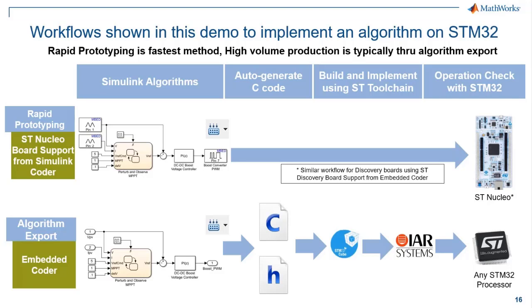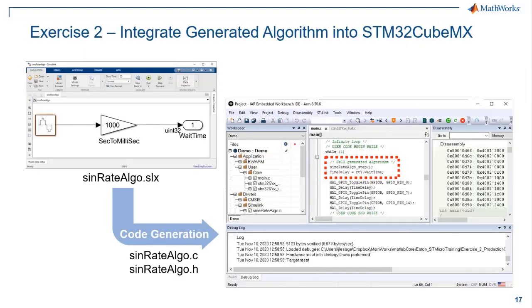In this example, we're going to walk through building a Simulink model from scratch, configuring that for code generation, exporting that out as C code, and then taking that over to our target IDE. In this case, because we're targeting the STMicro ARM processor, we're going to be using the IAR Embedded Workbench IDE to actually do the compilation and deploy. So we'll go through this step by step. Okay, let's hop over to Simulink and start to build this algorithm.